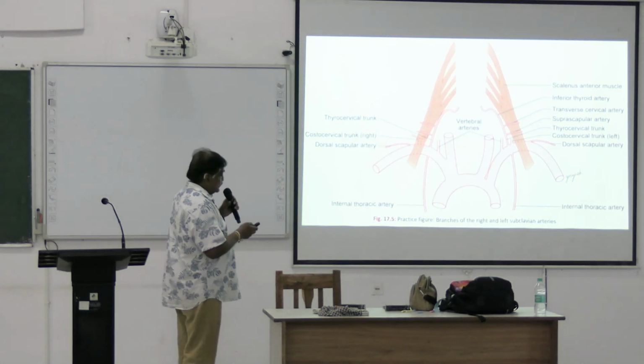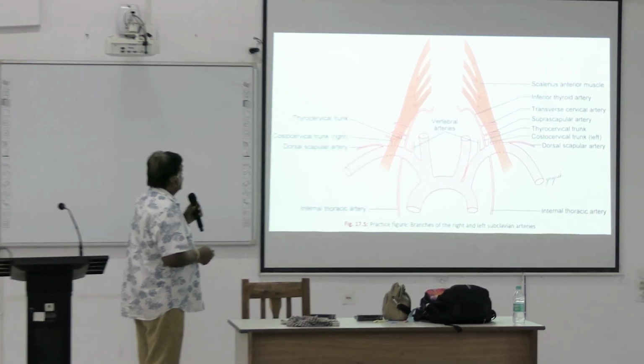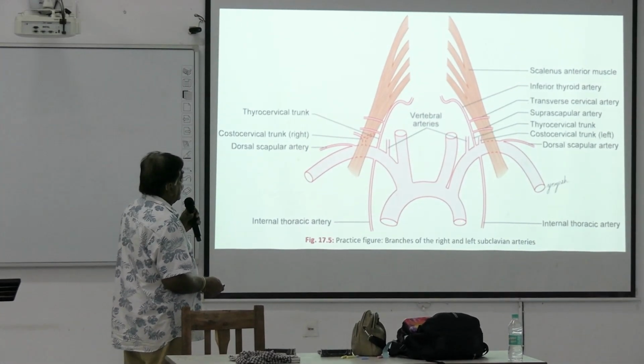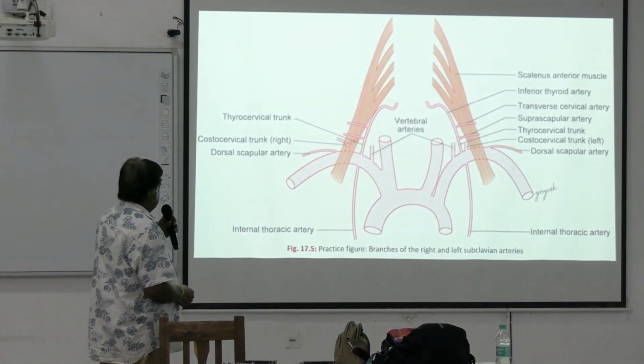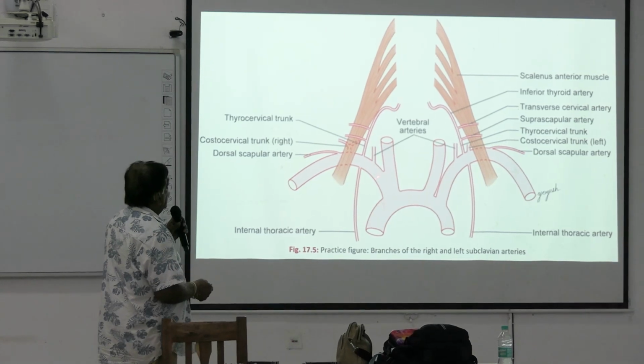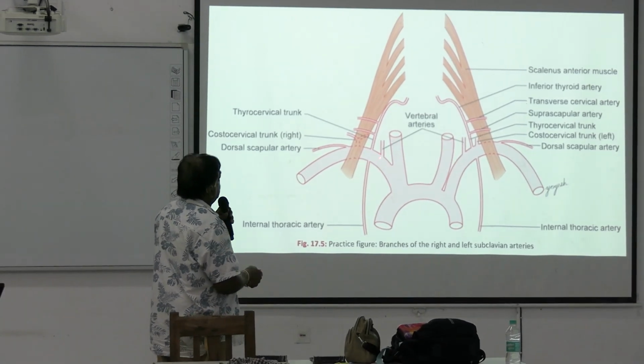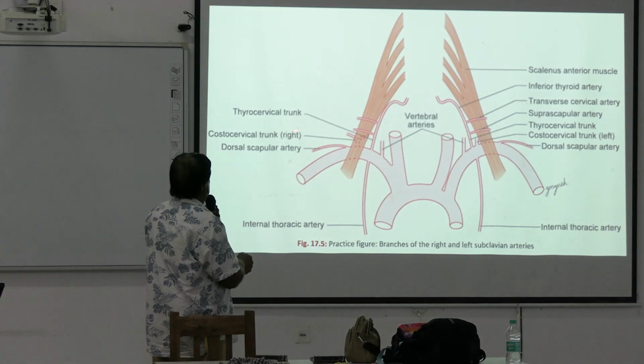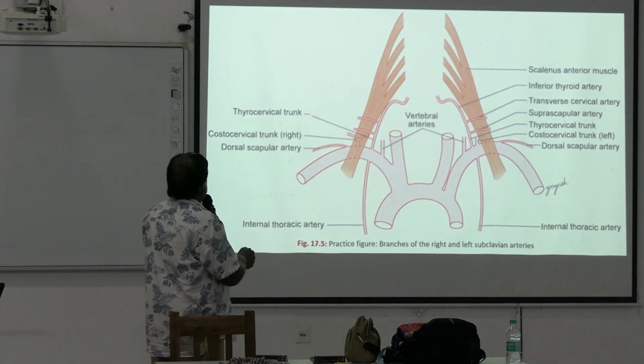Branches of the right and left subclavian arteries. Now this is the internal thoracic artery here. Now these are the vertebral arteries, and this is the dorsal scapular artery, costocervical trunk, thyrocervical